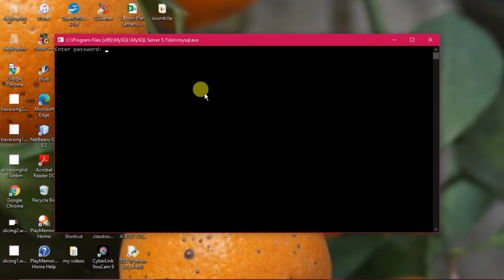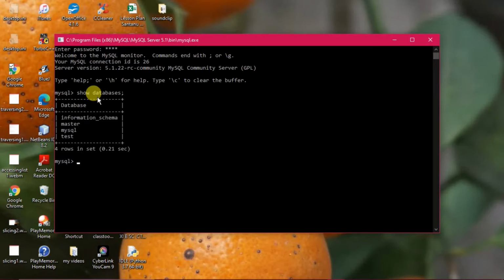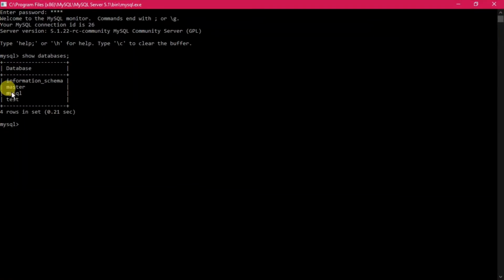Well, once more, we are just inputting this password and entering the SQL workspace. Yesterday's one, we will just see show databases. What is the name of the database? Show databases semicolon. It shows me the databases, and now I have to go for the database we are using, that is master. So, use master.